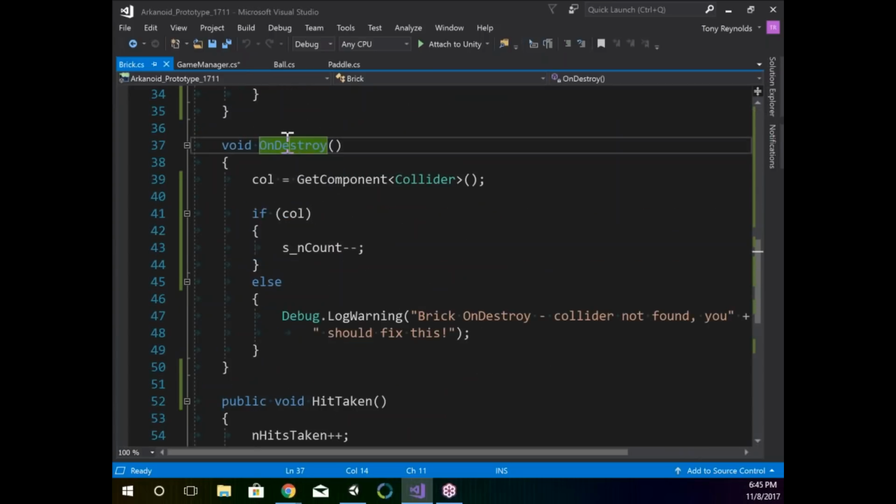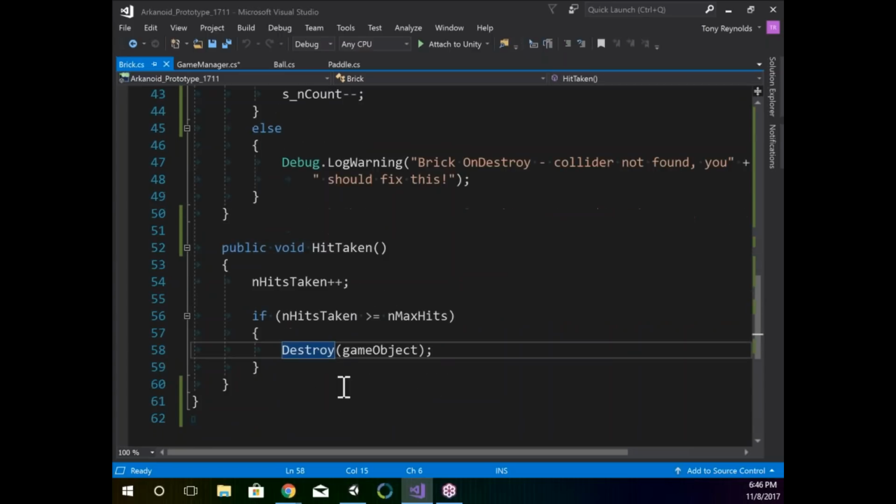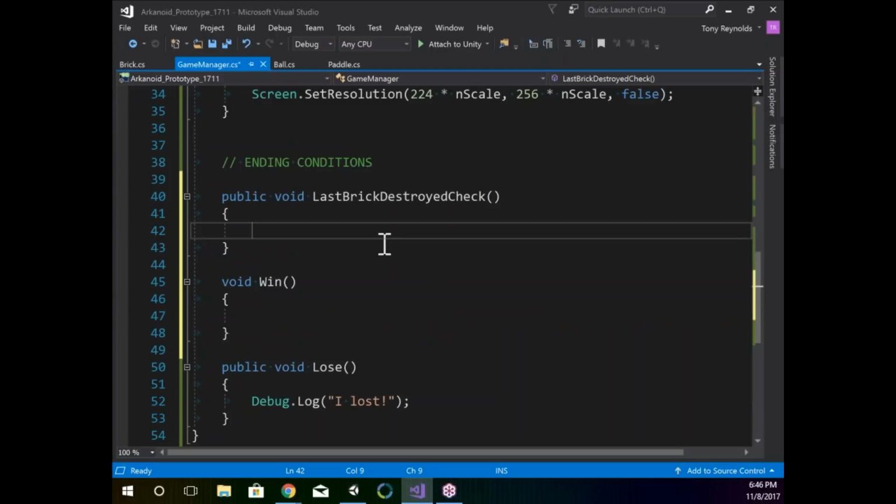OnDestroy gets called when we call Destroy. We basically flag Unity, the engine, to say at some point in the next frame or so, destroy this object. Now, when we hit the object, that will then tell the engine to come along and eventually destroy itself. And then once we look at this object, we've destroyed it, then we can actually start checking that count because we will have decremented here inside OnDestroy. So the game manager needs to ask if